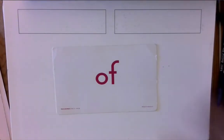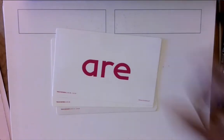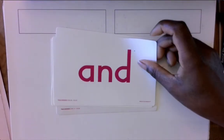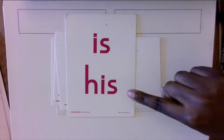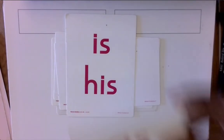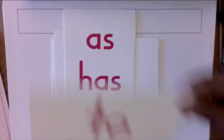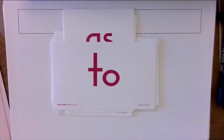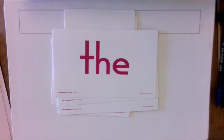All right, let's practice our trick words that we've learned so far. Ready? Of, was, are, and, is, his, as, has, to, the,